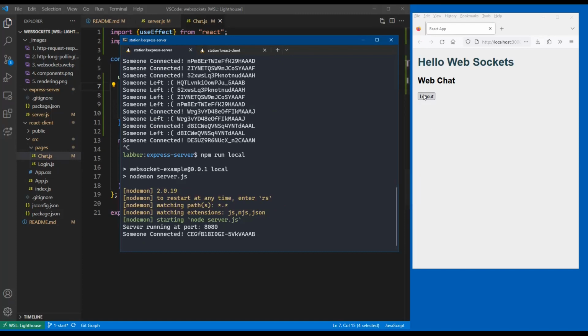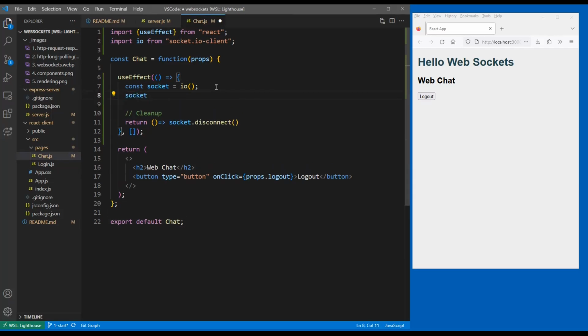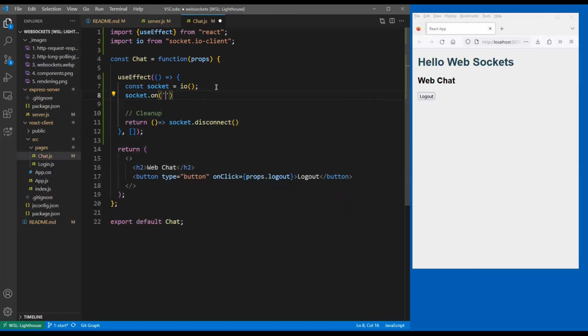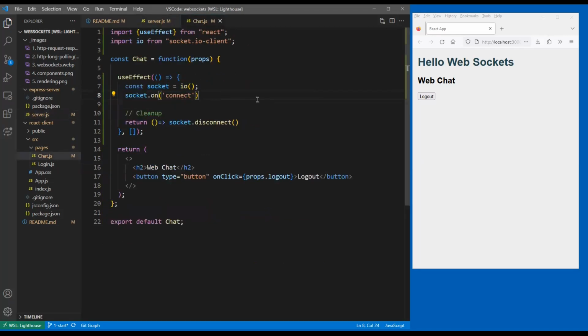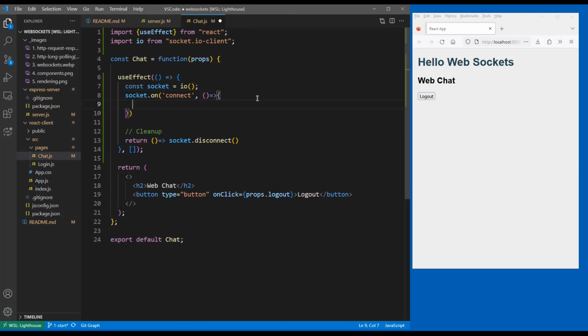Okay, so let's go ahead and have our client now detect if someone connected, or if it connected. So what I want to do, I'm going to have a socket dot on, and I'm going to say when the connection is established, or when there's a connect. So on connect. Now it's not on connection like the server. It's on connect. That one got me quite a few times in the past. Okay, and I'm going to just console log